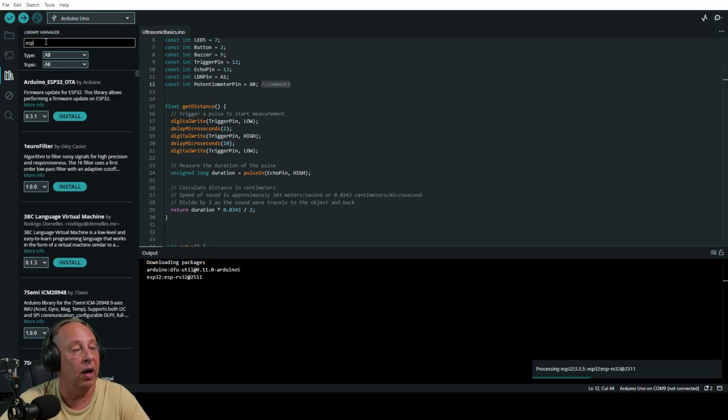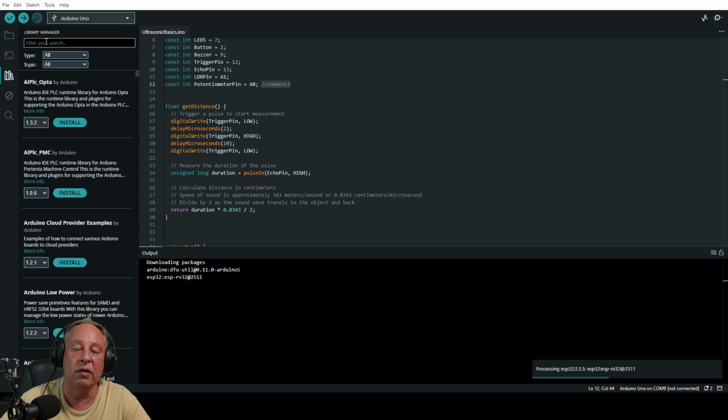Then we can install libraries. A library is really mostly for hardware. So instead of you having to worry about how to code an addressable LED and go into the technical electronic type of information, there's pieces or little software add-ons that you can add to your IDE, and that includes all the nitty-gritty things that you don't have to worry about.